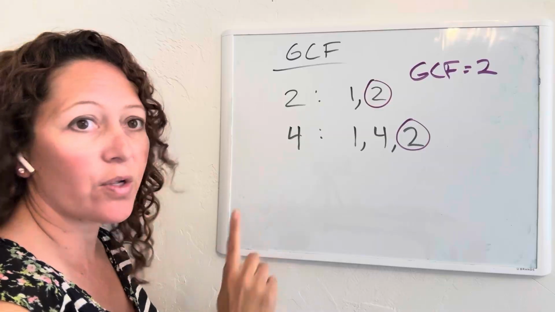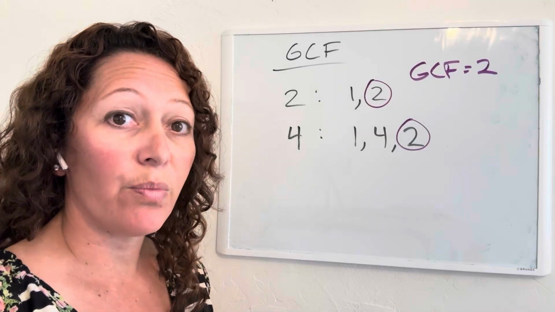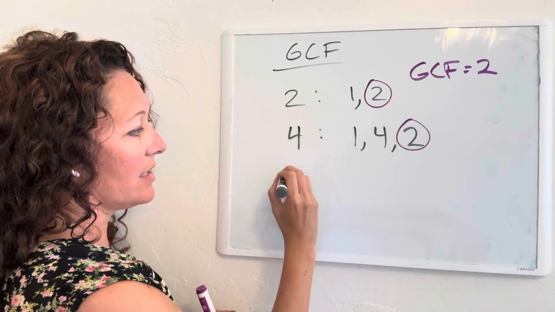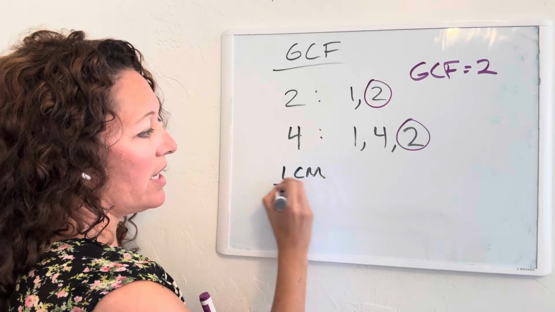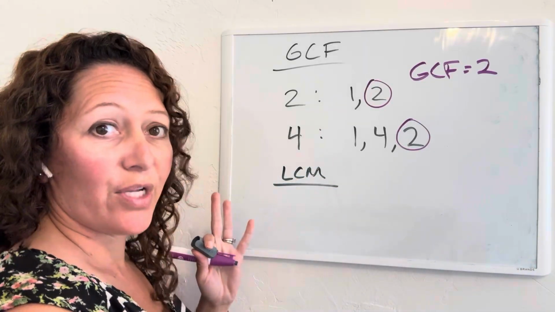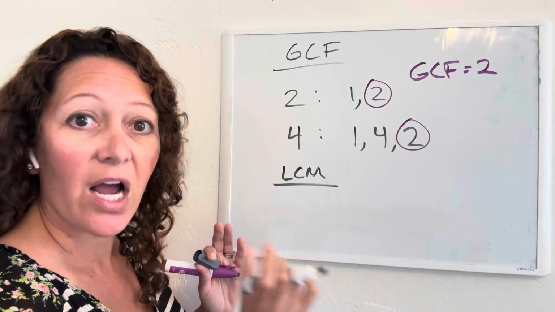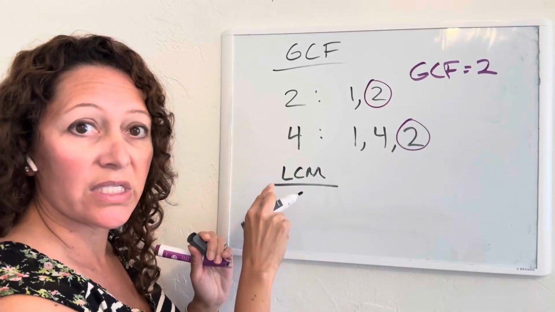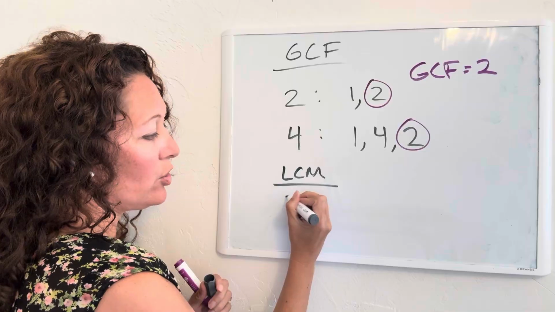And then the other thing that they'll have to do in their student problems a lot of is least common multiple. And so that's when you look at the multiples, or multiplying out your numbers and finding the one that they have in common that's the least or the lowest number. So in the case of 2 and 4,